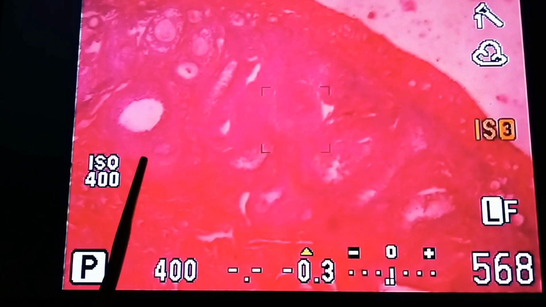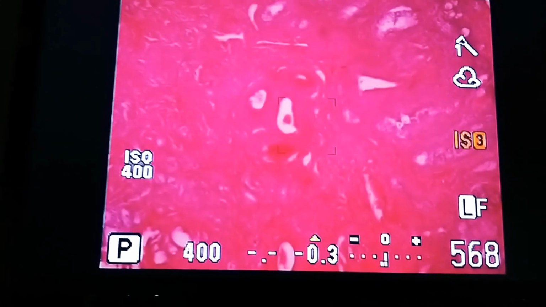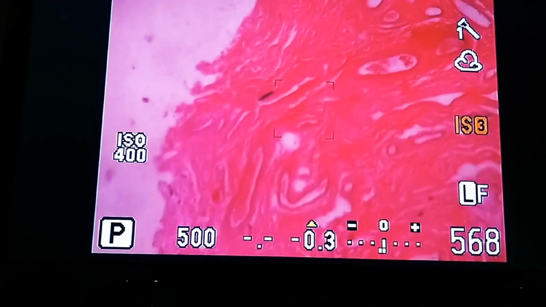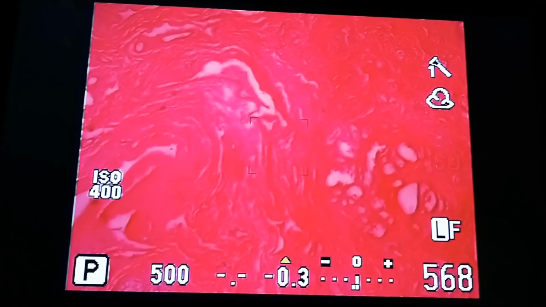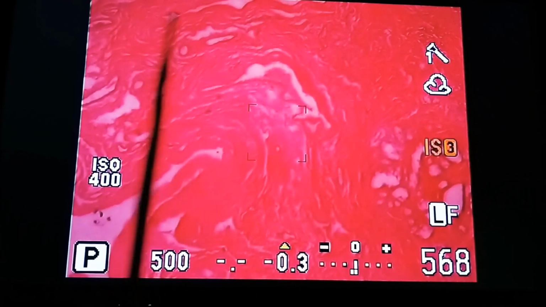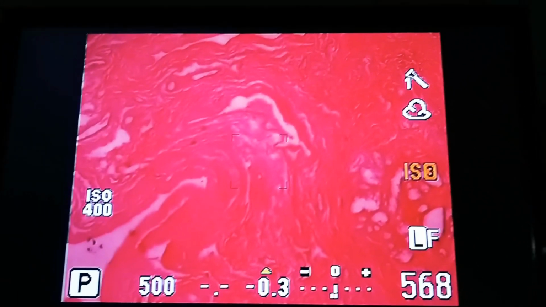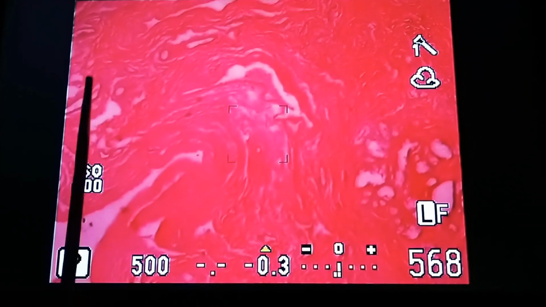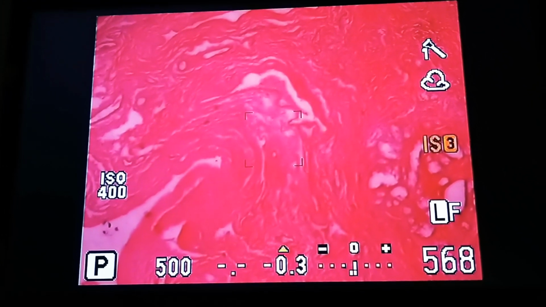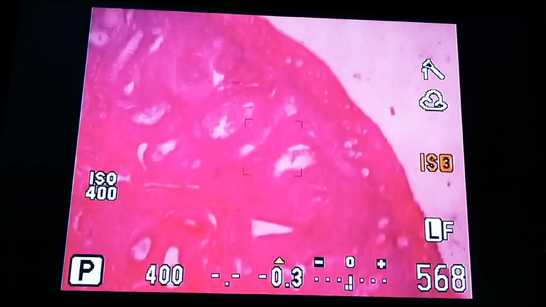So the outside layer is the cortex. More towards the middle, you will get the medulla. So here in the middle you have the medulla. In the medulla area, as you notice, there are hardly any primordial follicles or other types of follicles available. This medulla consists of a neurovascular bundle. Okay, vessels and nerves will be available. You do not get the follicles. So in the cortex, you will get different stages of follicles.